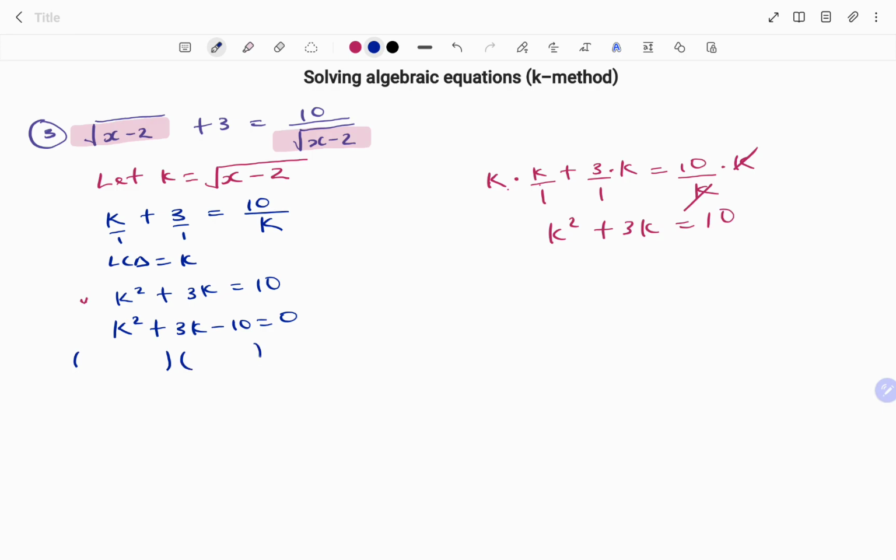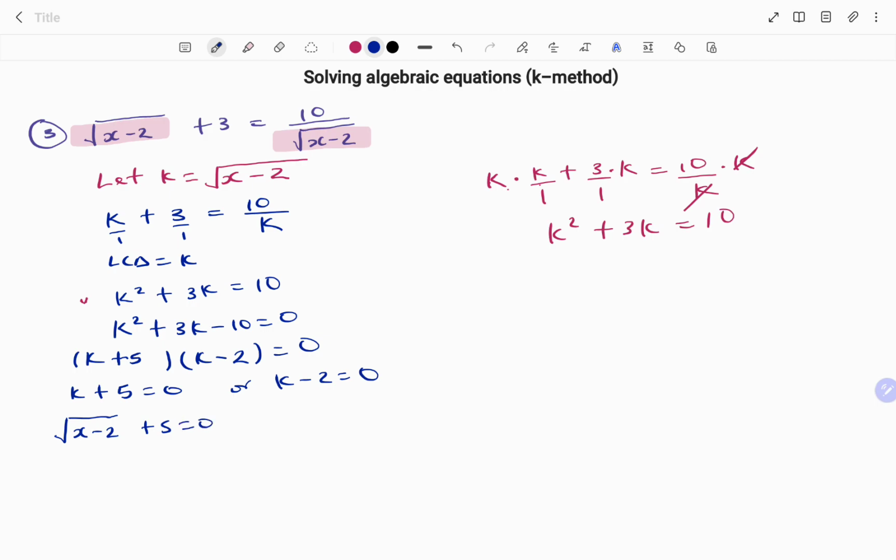If I factorize, I'm going to have k. Factors of minus 10, that will give me plus 3, that will be plus 5 and minus 2. So therefore, k plus 5 equals 0, or k minus 2 equals 0. If I replace k with square root of x minus 2, I have square root of x minus 2 plus